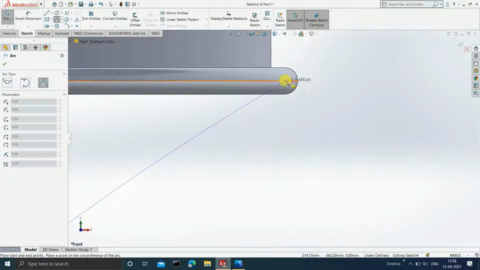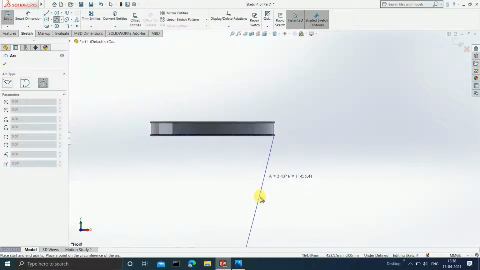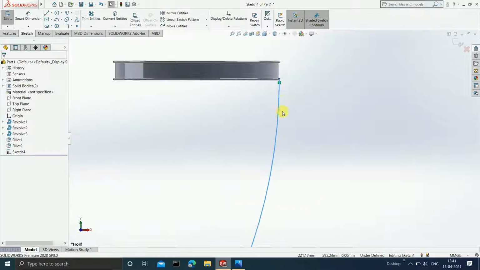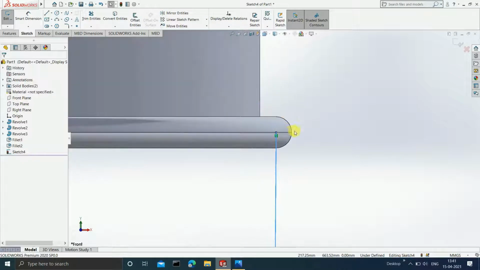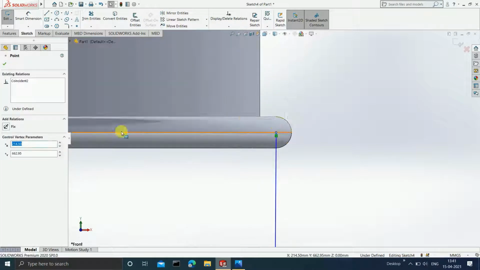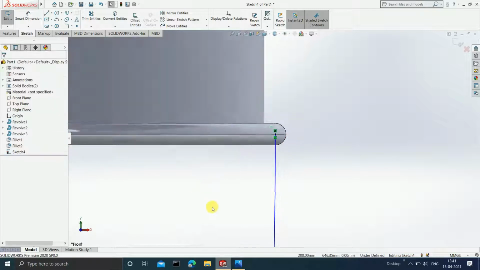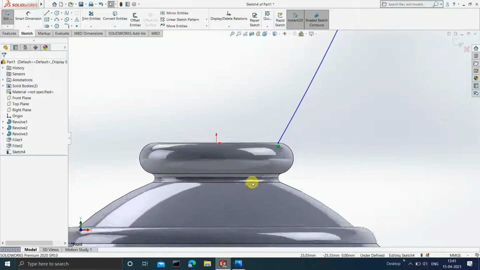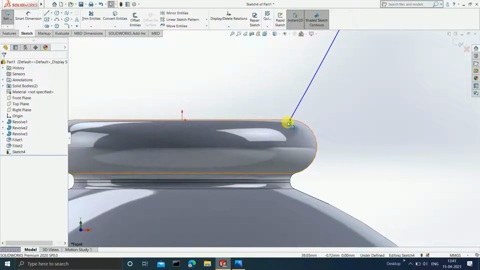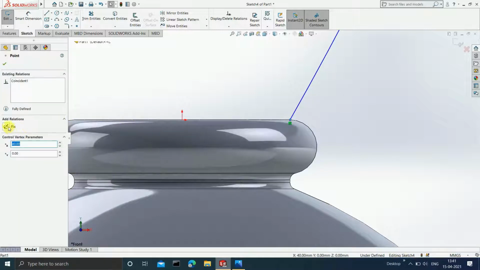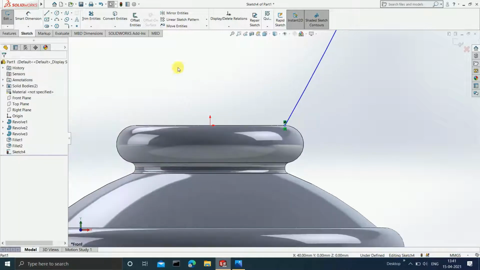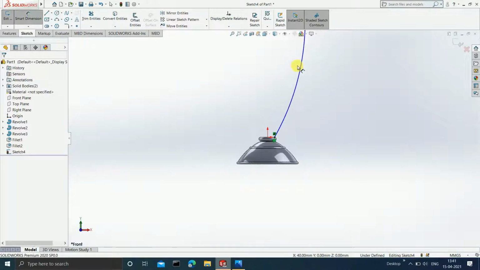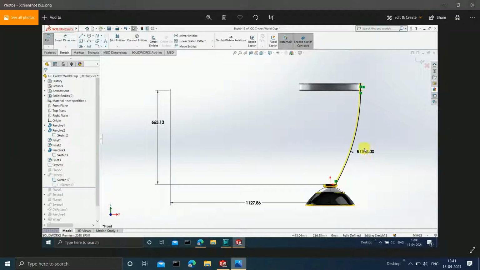Can you see? And then I am going to give it a curve. Make sure, guys, that these 2 points are fixed. So click on this particular point and fix it. And select this particular point as well, the point in the bottom, and fix this as well. Okay. And now you can give the dimensions to it. Now with the smart dimensions and the radius as mentioned in the image, it has to be 1343. Can you see? See, it is 1343.